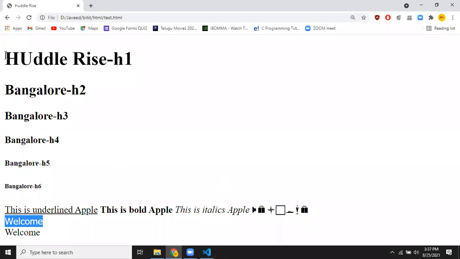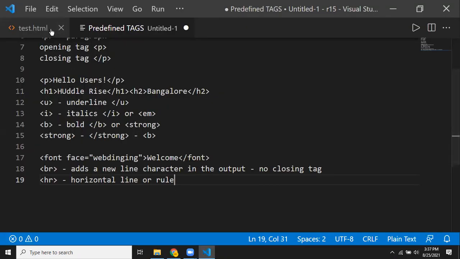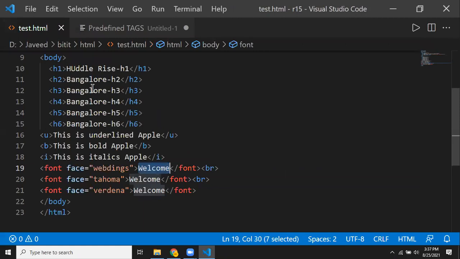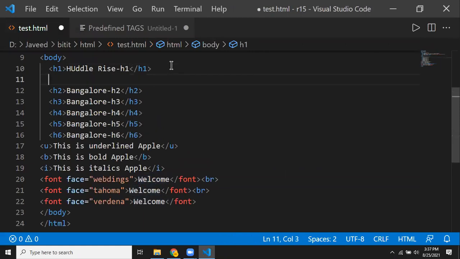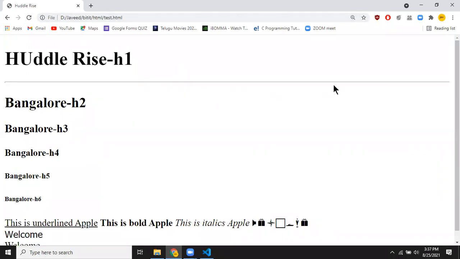Let us say that below the heading, I want to print a line. So I go back to my code, test.html, and after this I want to print a line, so I'm using a tag called HR. I save it, go back to the web page, and refresh the page. Now you see that the line is being displayed for us.